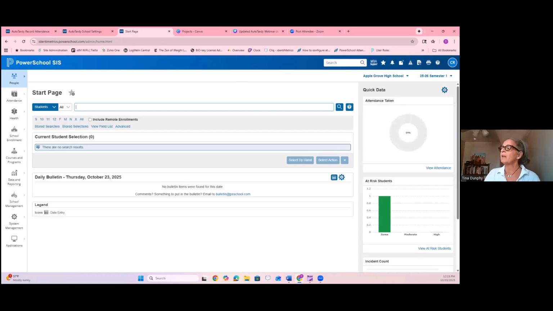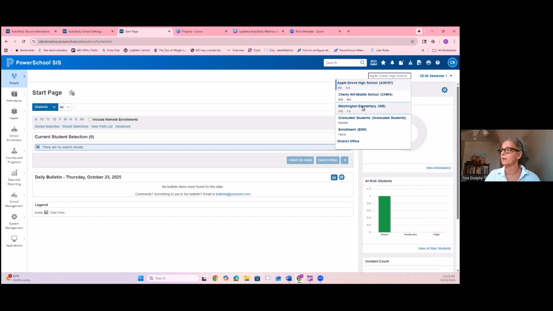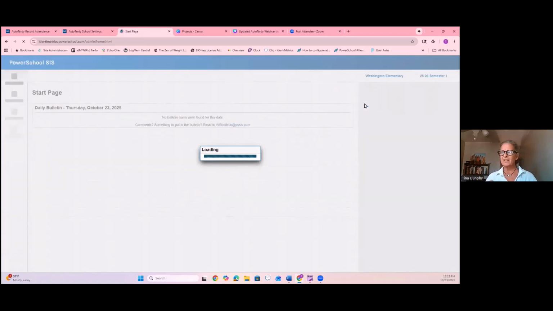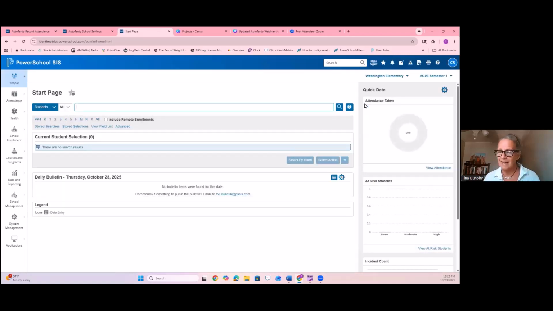So let's go over here. I'm going to change out of Apple Grove High School, and this one's a little shorter because it's going to look and feel exactly the same way as Apple Grove High School. It's just about where we are actually sending that attendance record. So here I am in Washington Elementary. As I mentioned, for this particular school, I've configured my plugin to write to the student's daily record. Same process to get to that page that needs to be open to record attendance,